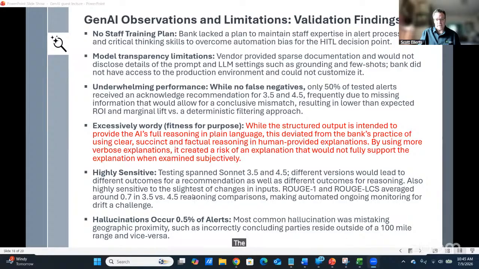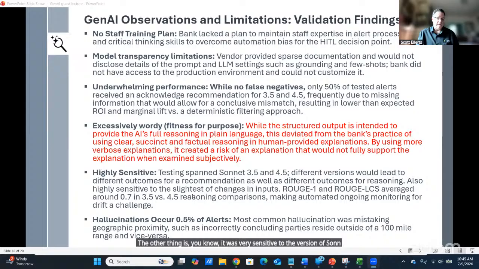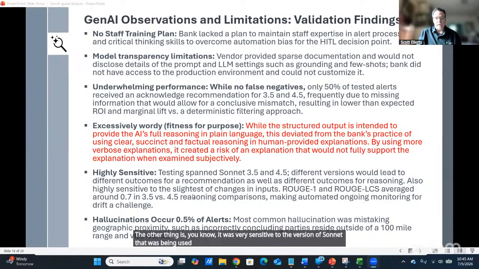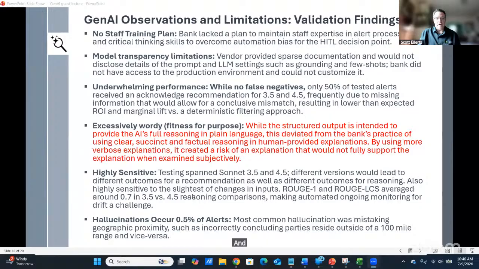The other thing is, it was very sensitive to the version of Sonnet that was being used. They repeated the testing for version 3.5 and 4.5, and there's maybe not a lot of misalignment.